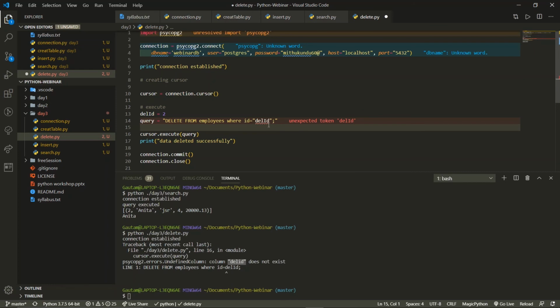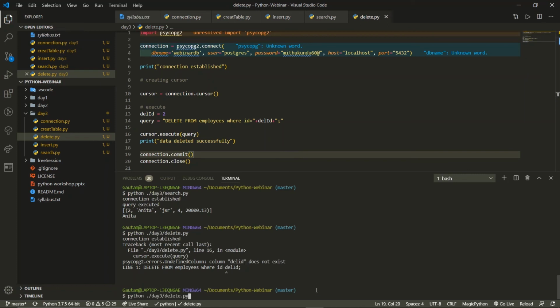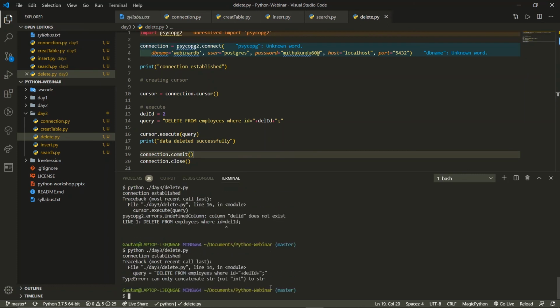Why is it showing so? Okay, as we are doing concatenation, we haven't used the plus. We are concatenating the strings: this, then adding this into it, and at last adding this into it. Okay, so now let us execute this code. I believe this will work.